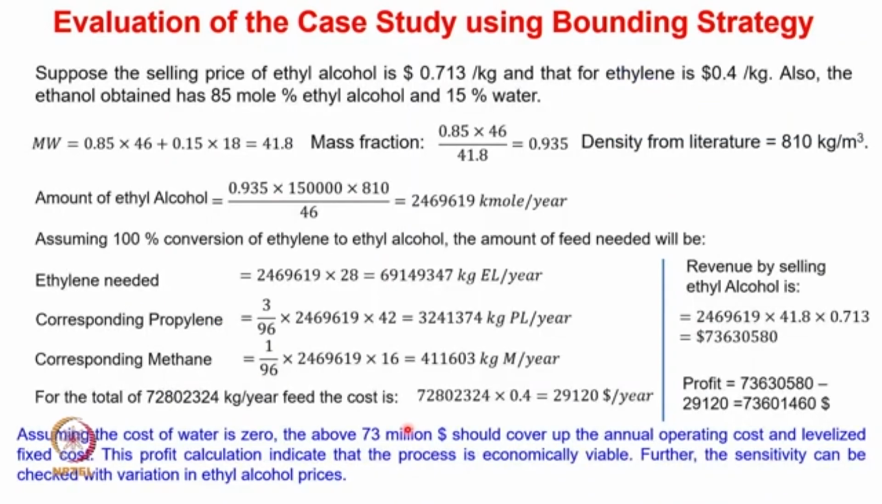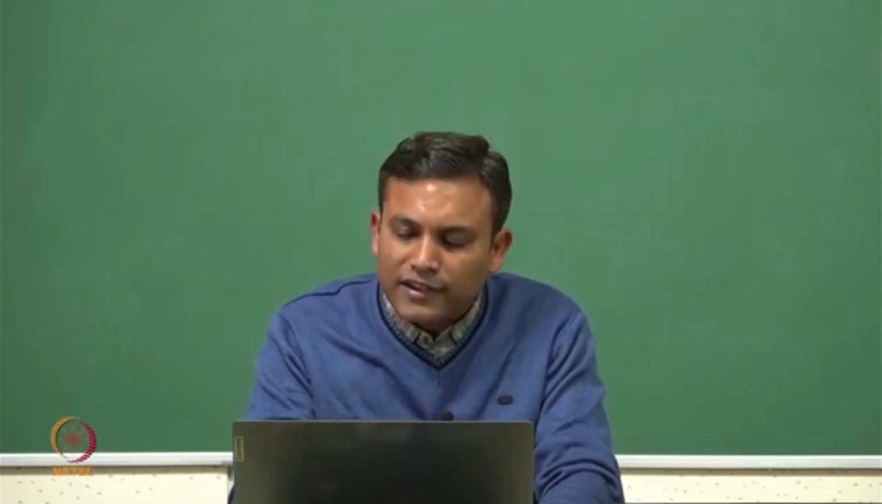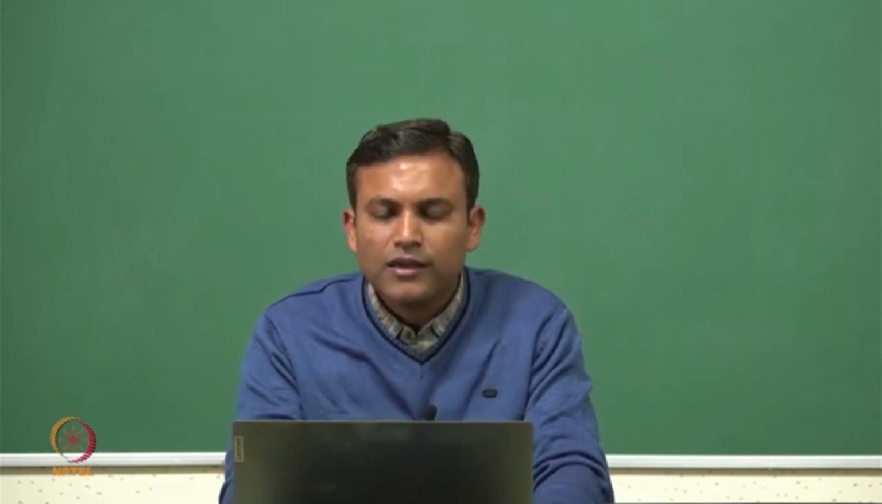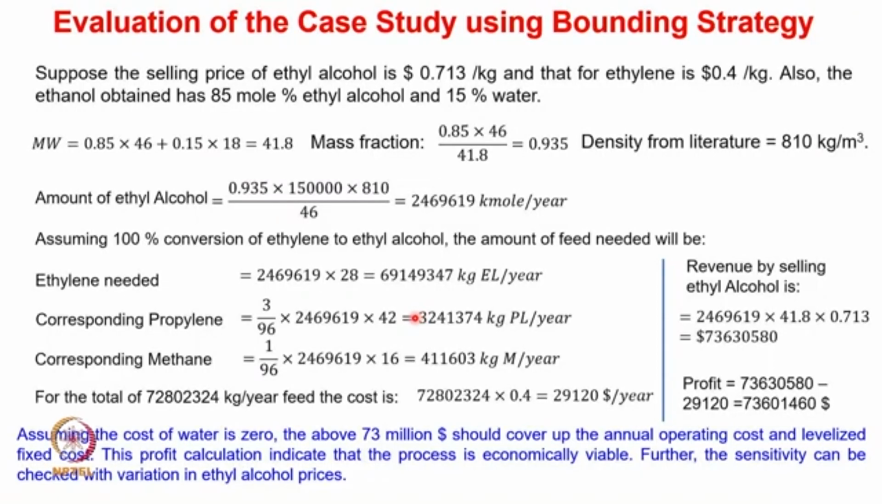So now let's look at the bounding strategy in order to understand whether this particular process is going to be beneficial for the company or not. Clearly the company intended to sell 1,50,000 meter cube per year of ethyl alcohol. So with respect to this demand, we are trying to understand whether the process is going to be profitable or not. So let us consider that the selling price of ethyl alcohol is $0.713 per kg, and assume that the price of the ethylene is